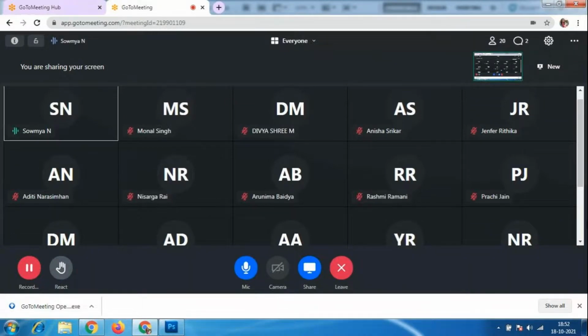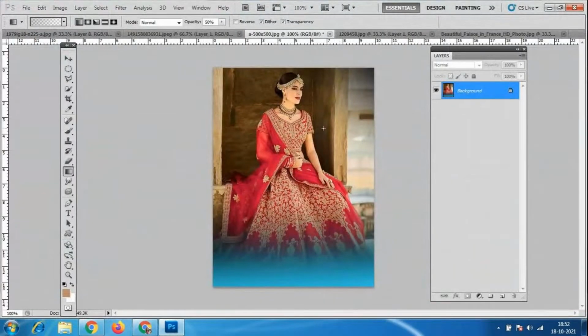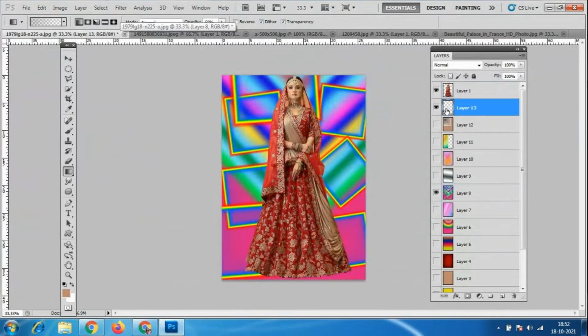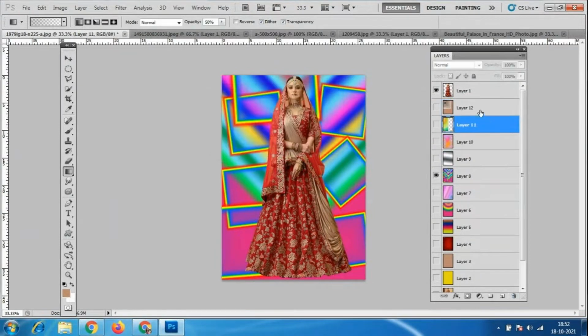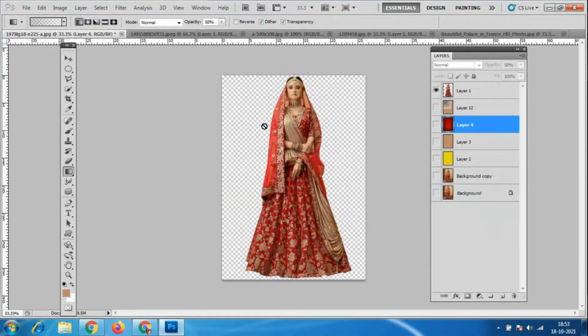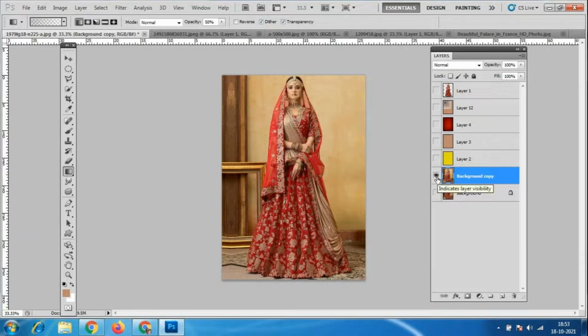Okay, so we'll go to the paint bucket tool. We have to always separate the layers like this. Any layers we don't want, I will select them and delete them. I press Shift and click with the left button, selecting these many layers, and I'm going to delete them now. I have selected from this background and taken a different copy over here, so I made it separate.